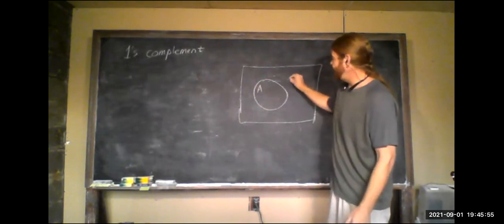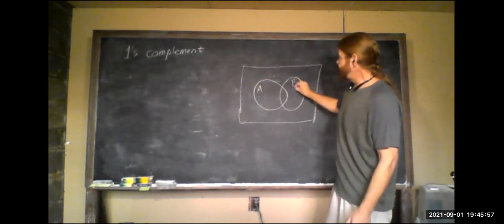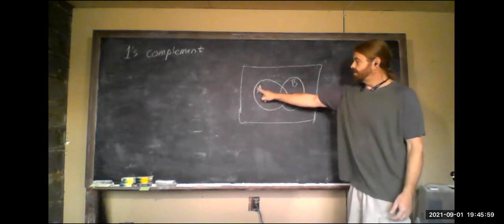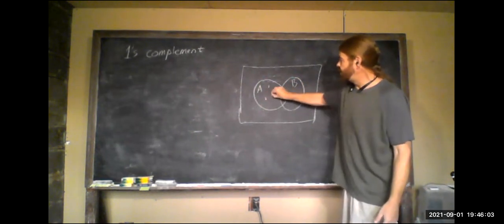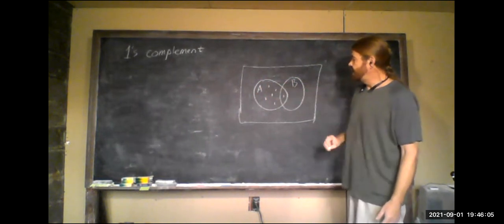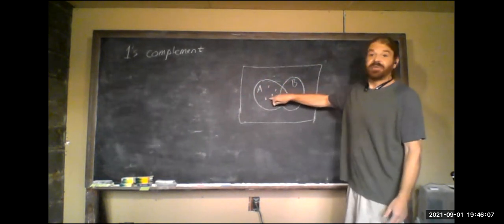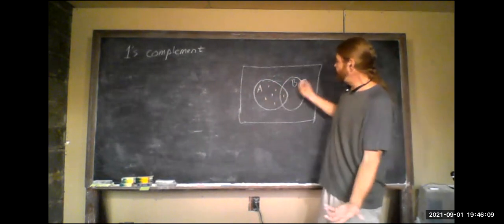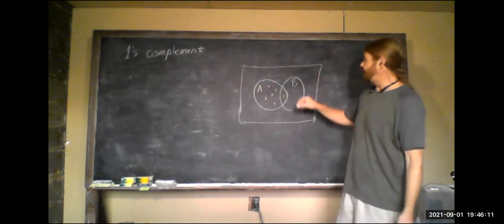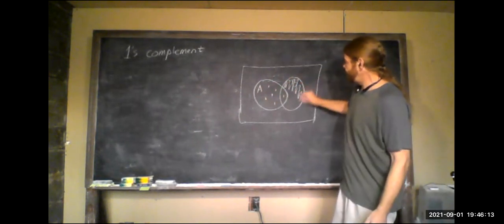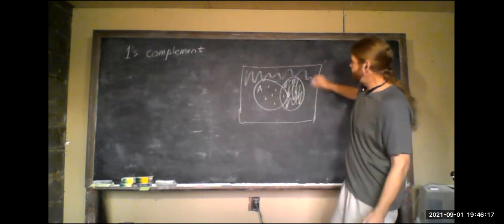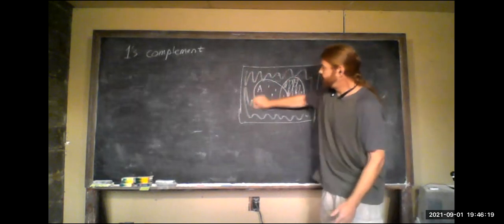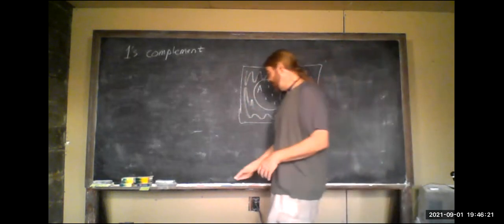Or in the case of a Venn diagram, where we have a collection of stuff we'll call A, and a collection of stuff we'll call B. This bubble represents whatever we have in there, maybe some numbers, some set of things. Then there's the stuff in A, and the complement of A is everything that is not in A. So like everything in this set over here, B, or everything that's not in either one of those sets. The rest of it,